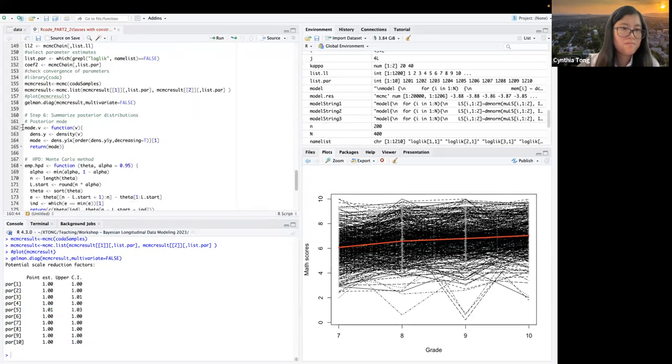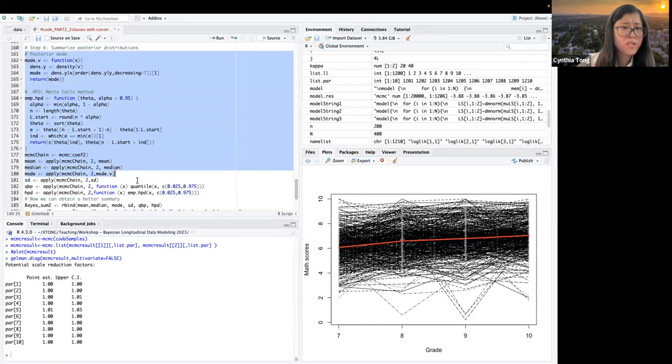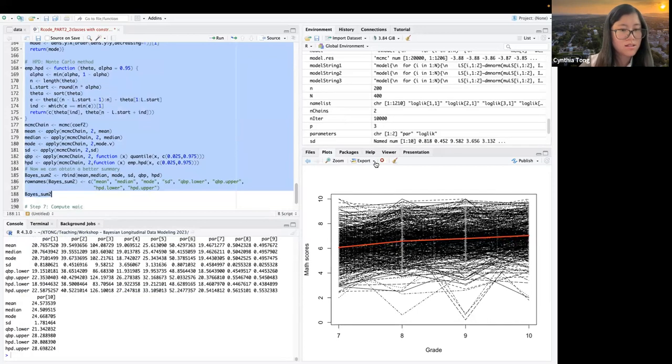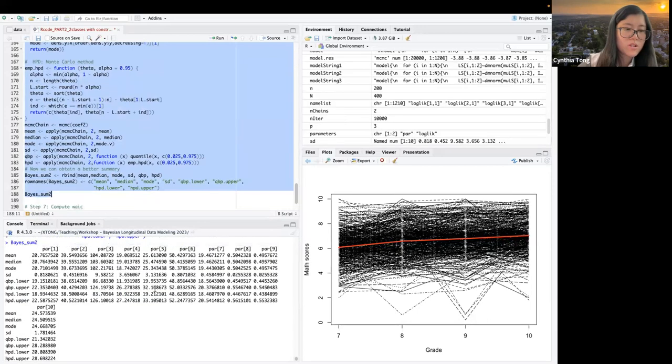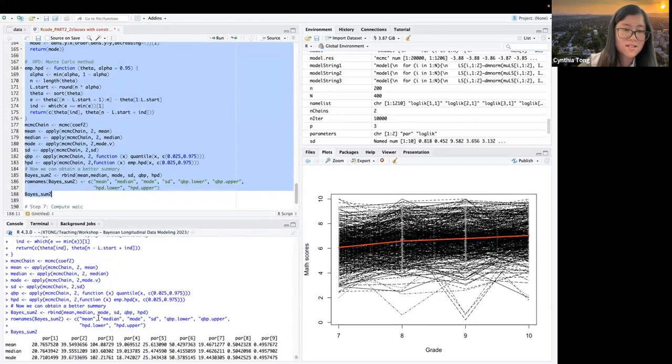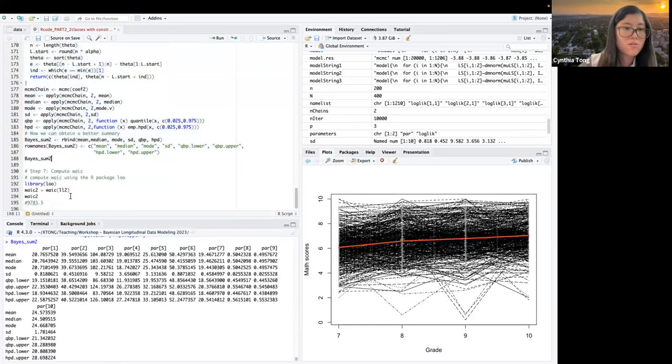And then we can get the summary of the posterior distributions. This code was actually written by Han. You can directly use the summary function we had, but she wrote all of this by herself. That's also doable, and it can be summarized like what we already have for previous ones.